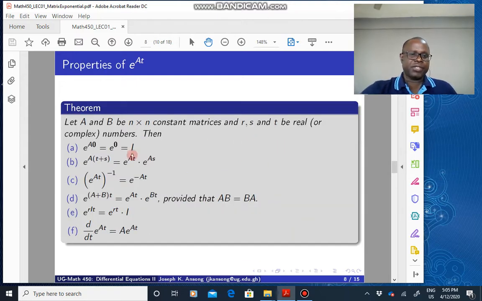So this one is straightforward, and this says that e to the A multiplied by t plus s is equal to e to the At multiplied by e to the As. This says that the matrix exponential has an inverse, and the inverse is given by this quantity here. So to find the inverse of the matrix exponential, all you do is replace t with negative t, and you get the inverse. This says that e raised to the power A plus